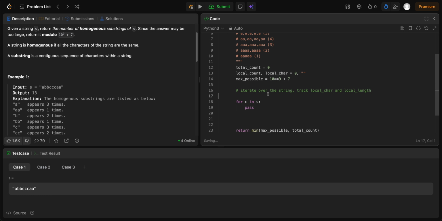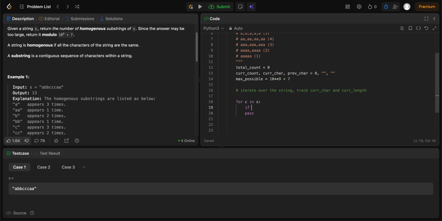So yeah, and then we'll do previous char. We will call them cur. Okay, so